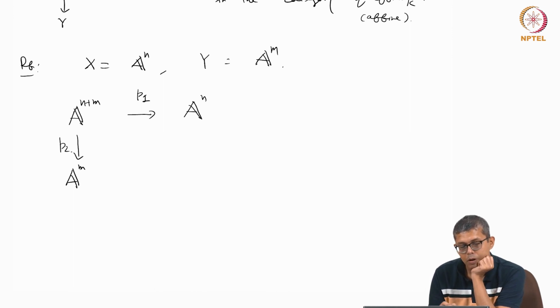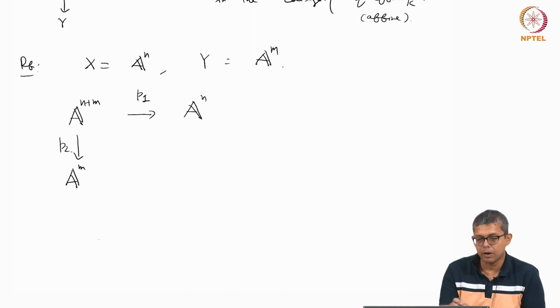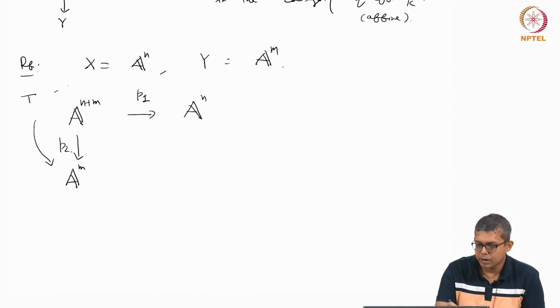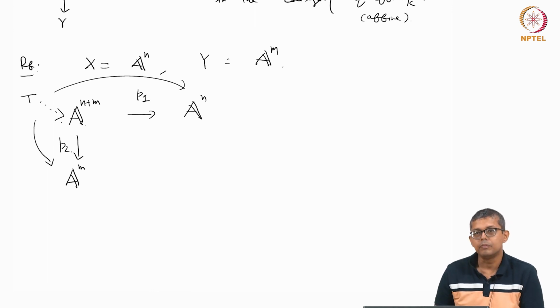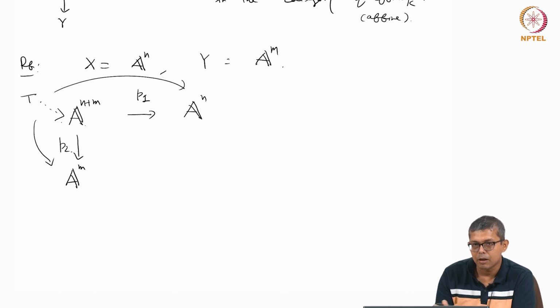And of course, P1 and P2 are morphisms. These are morphisms of affine varieties. And it has the universal property that whenever you have a map from T to A and a map from T to B, you want to say that there is a map from T to the product, and it is unique, right? But that will follow if you just use the fact that maps of affine varieties